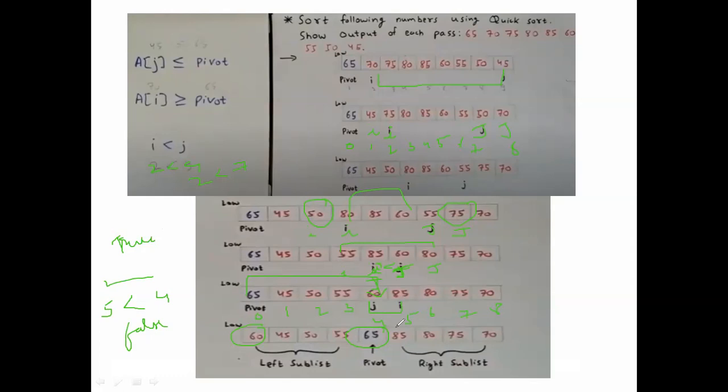So after swapping, the 65 element comes in the middle. You just have to check that once the pivot element is changed, a partition will occur. Once the partition occurs, you check that the elements on the left side are lesser than the pivot element, and the right side is greater than or equal to the pivot number. Then only is your partition done in the correct manner. Once you change the pivot number, the left elements are lesser than the pivot and right elements are greater than or equal to the pivot.